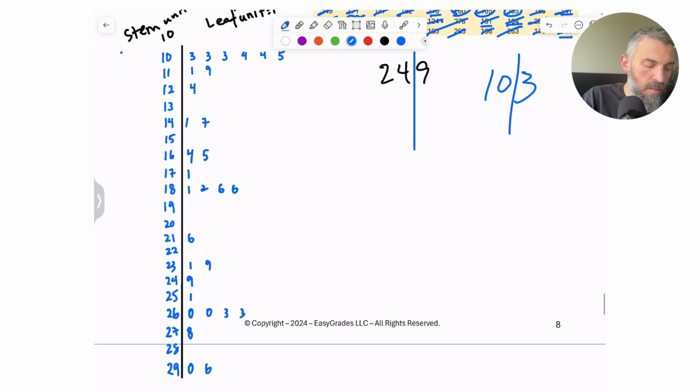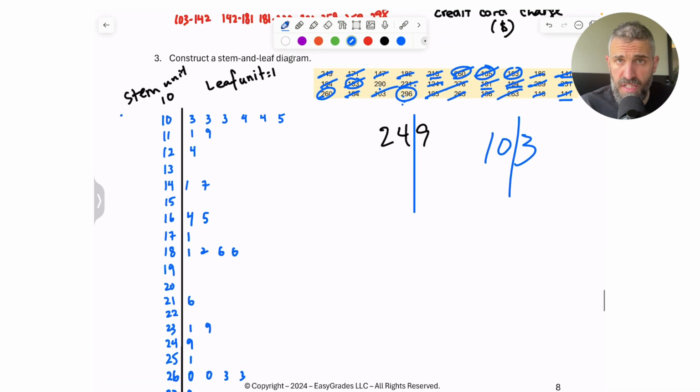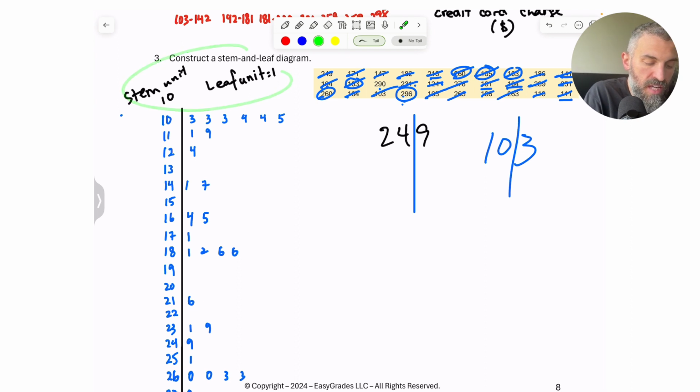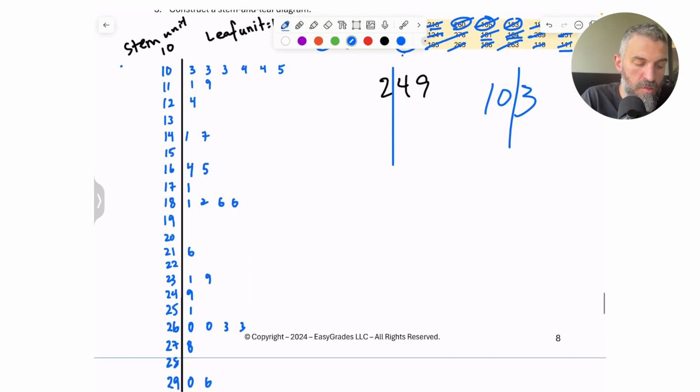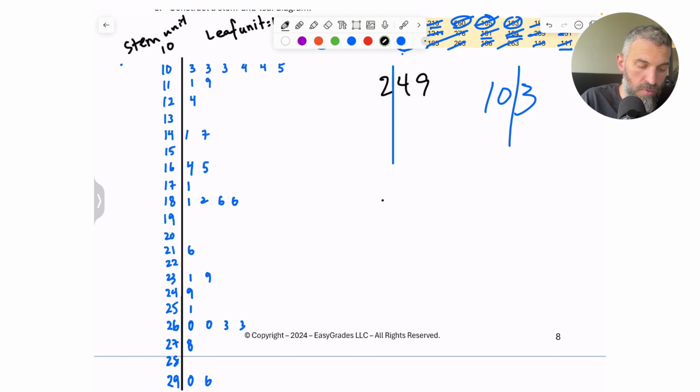Now, if you had done this and you ended up having too many categories, like if you had the number 463 in your data, you could not use a stem unit of 10 and a leaf unit of 1 because you would have way too many categories. So what you would do in that case is you would just slide the line over and you would split your data there. So what it would look like,